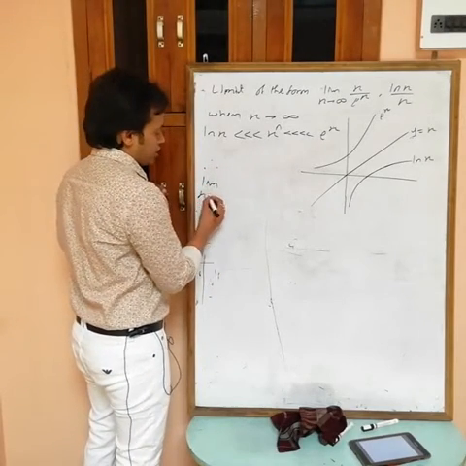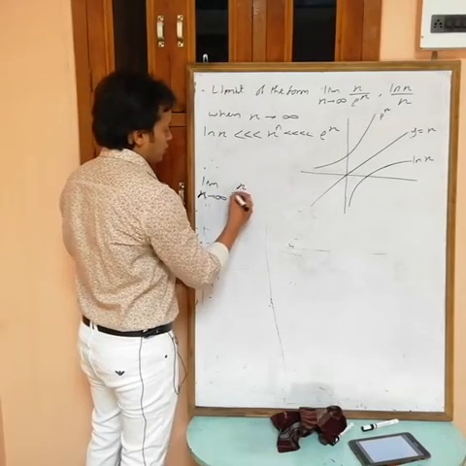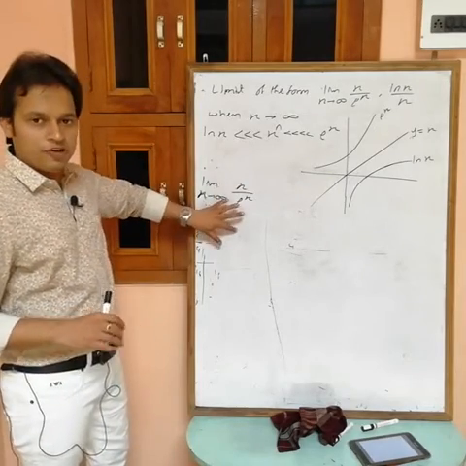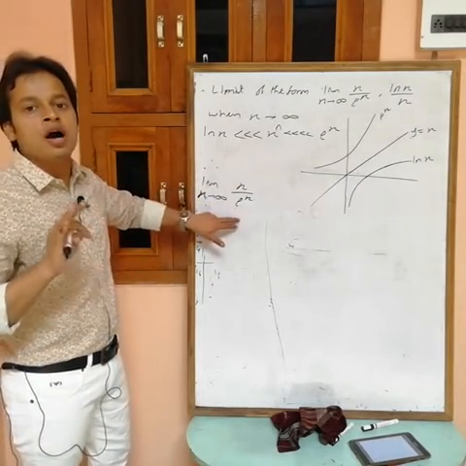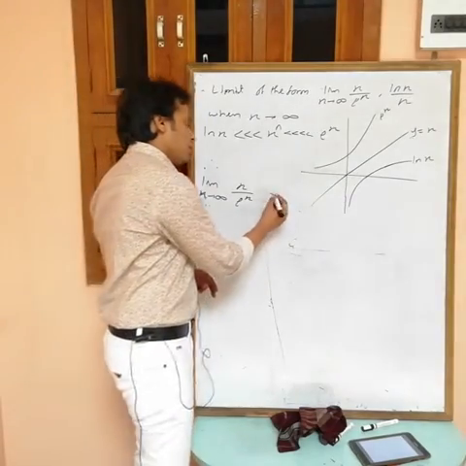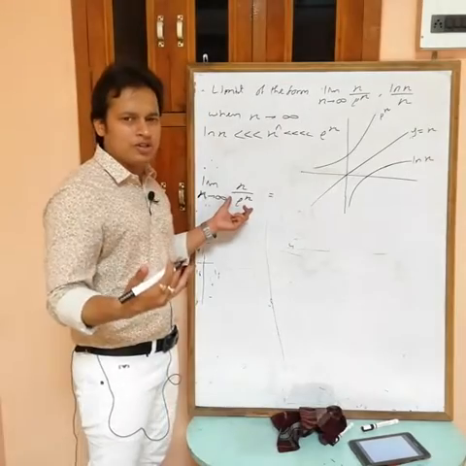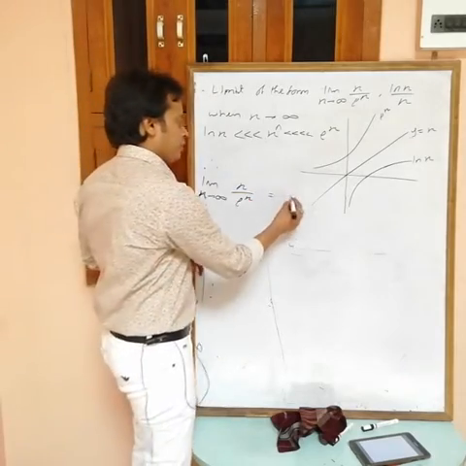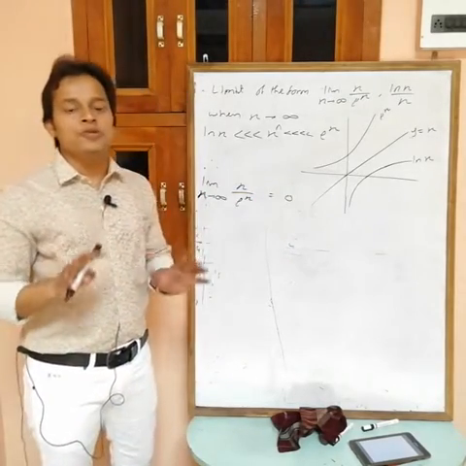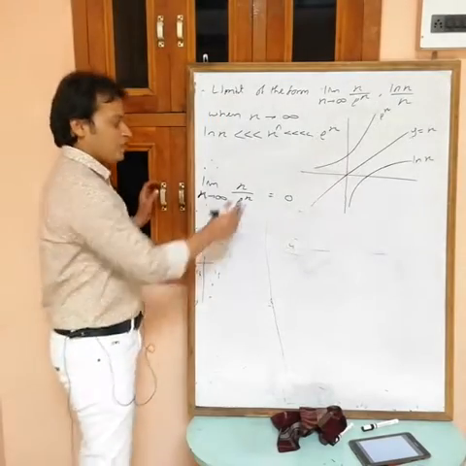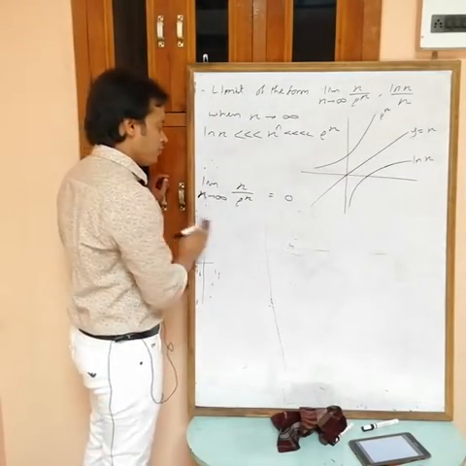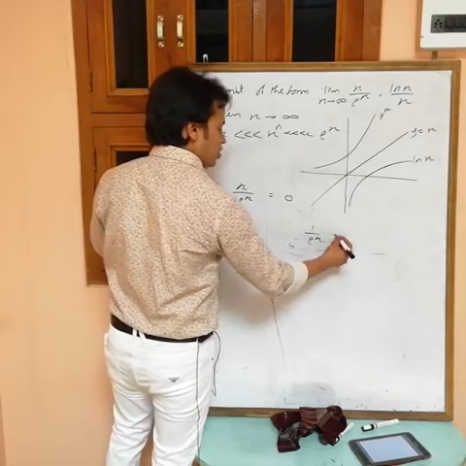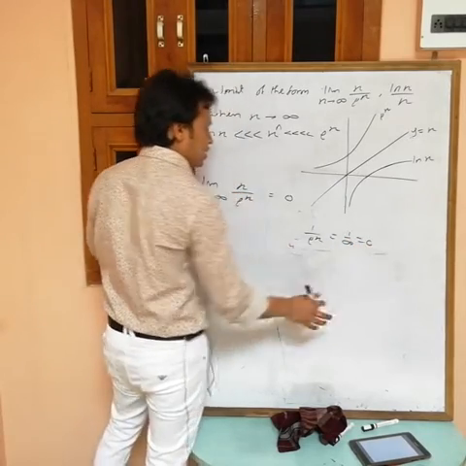Now if you want limit x tending to infinity, x by e power x, then both are infinity, infinity by infinity, but this is a lower infinity and this is a higher infinity. So this is much greater than that. So this is like something by infinity form, you will get 0. Also I can prove this in another way. Infinity by infinity, use L'Hopital. If you use L'Hopital, what you will get? Derivative of x is 1, differentiation of e power x is e power x. Now put x equals to infinity, again you are getting 0.